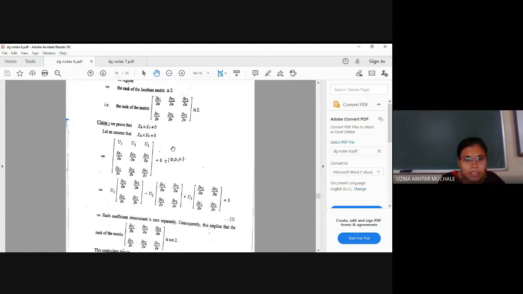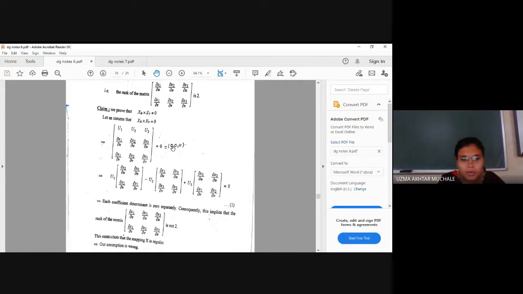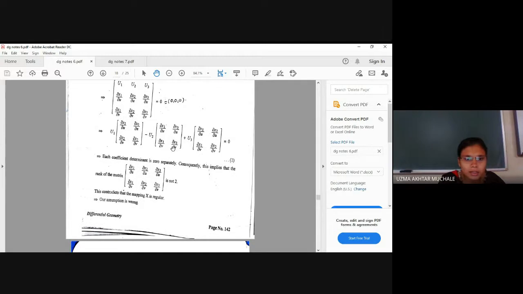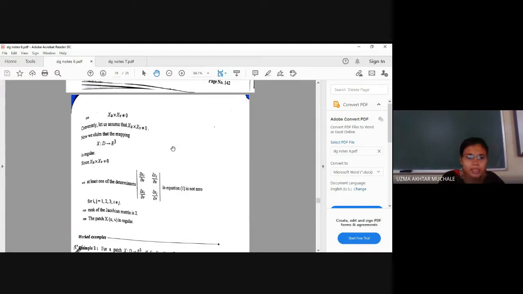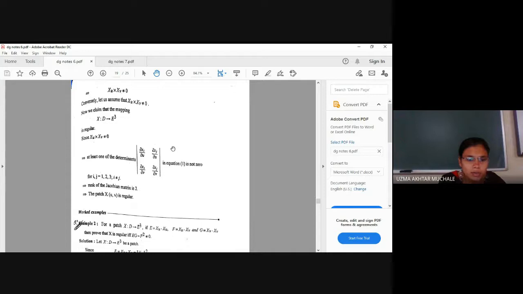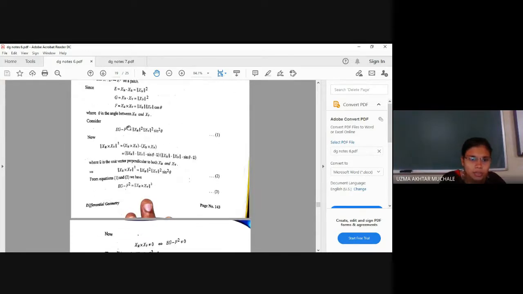Now this is very easy, you just have to check whether we get at least one minor of order 2 cross 2. In the first, we assume a contradiction and it will prove the result. In the second, we are having at least one minor of order 2 cross 2 which is non-zero. Here there is some mistake. In F it should be dot instead of cross. So the dot product of this will be norm A norm B cos theta.